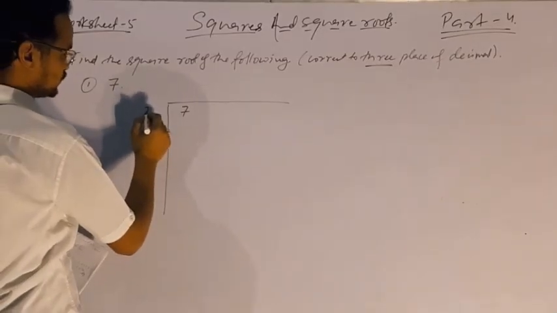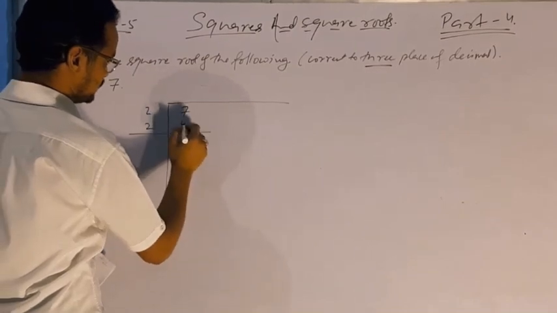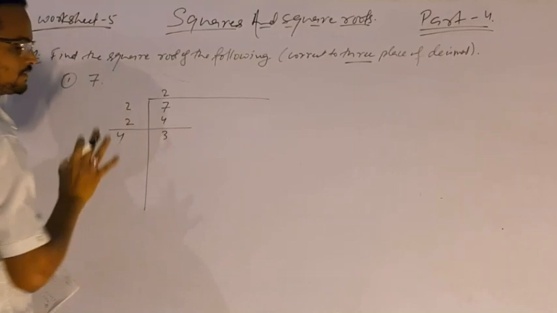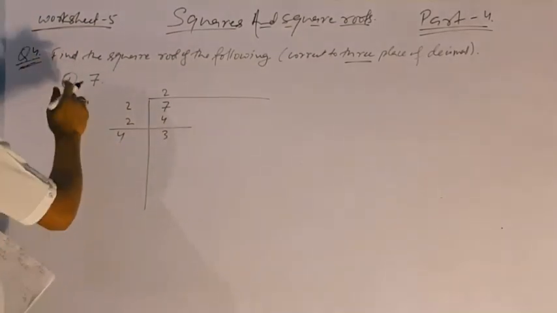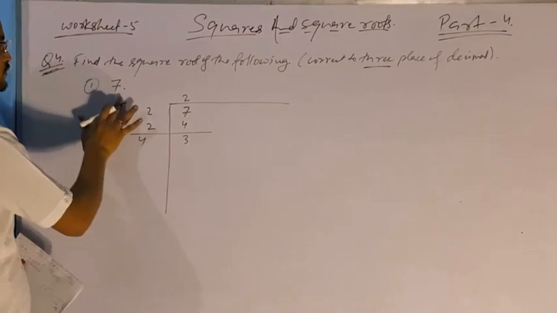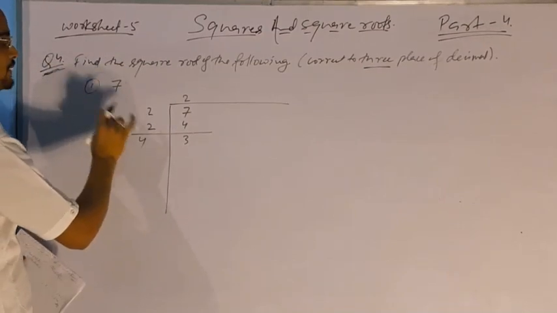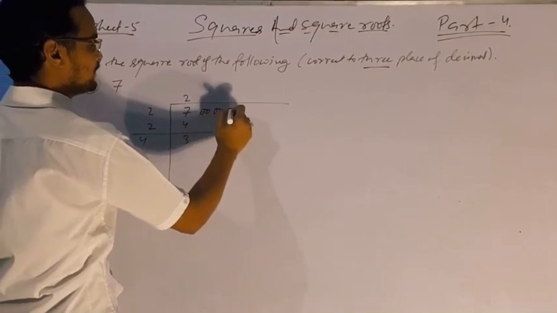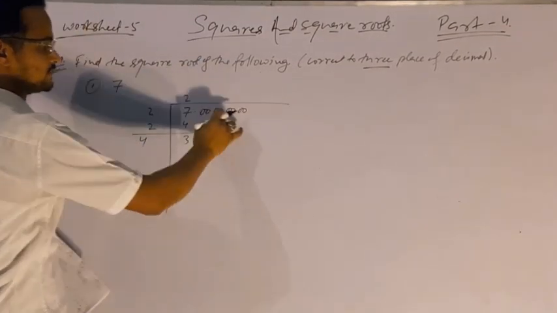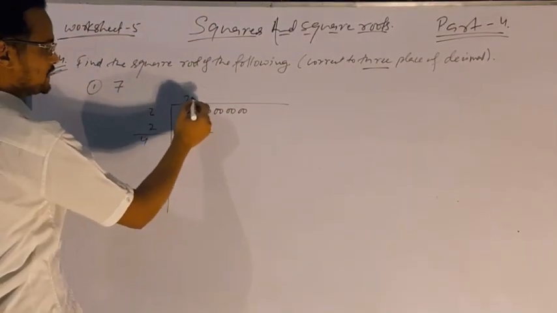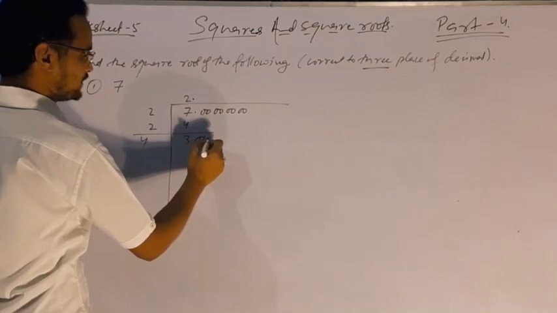Let it be 7. We know that it is divided by 2. 2 2 is 4, it becomes 3. Now division is stopped here, but we know that in every number there is a decimal and later 0 0. So we cannot write it here, but we can write a decimal 4. There is no limit to taking 0s after the decimal part. Now here it comes to the decimal term, put the decimal and put the 0.